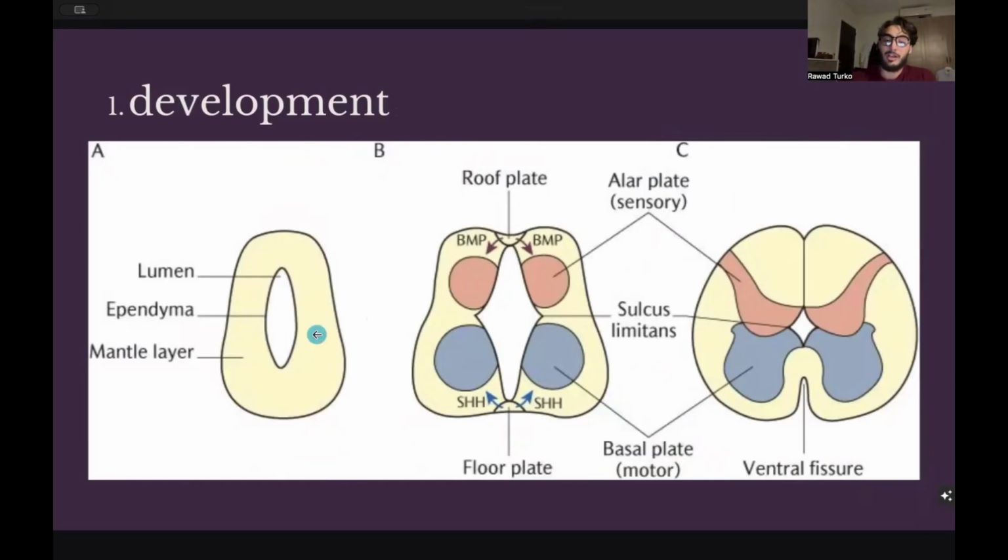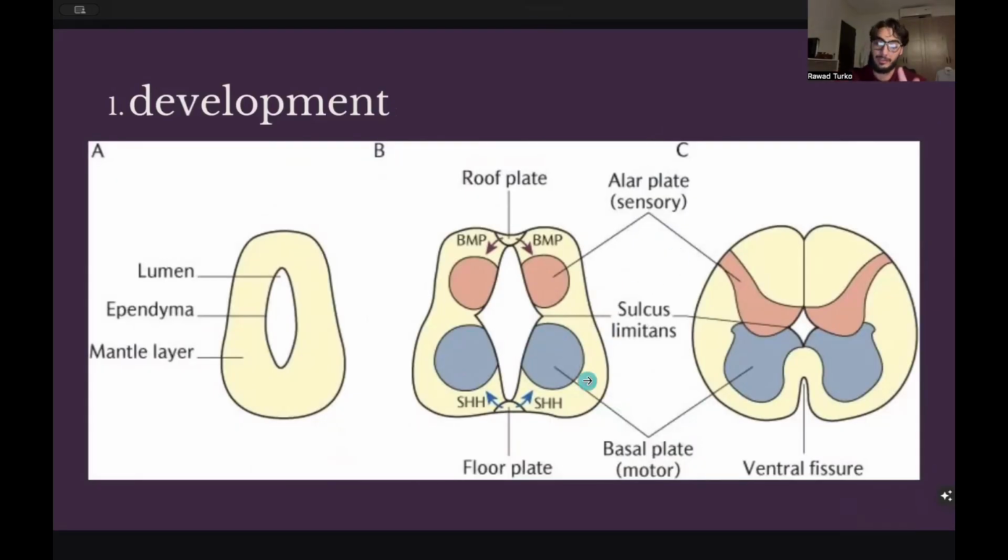So this is the neural tube that we're talking about. This is where the CSF, the cerebrospinal fluid, would be, in the middle of this neural tube. Now right here we have this sort of lateral expansion called the sulcus limitans. The sulcus limitans is going to basically separate the basal plate from the alar plate, or in other words, the motor plate from the sensory